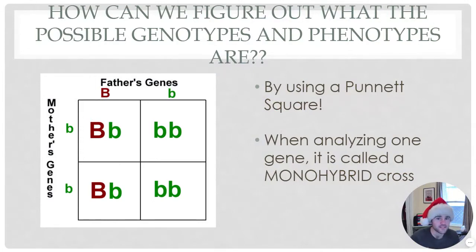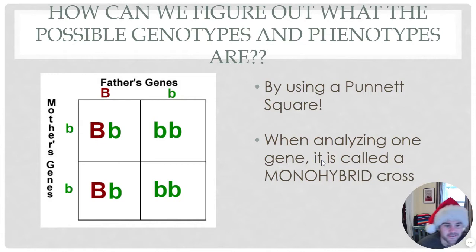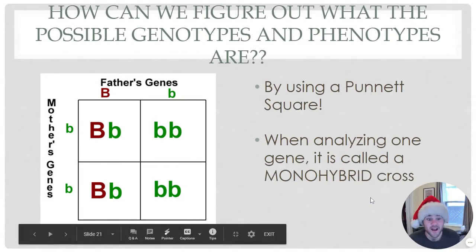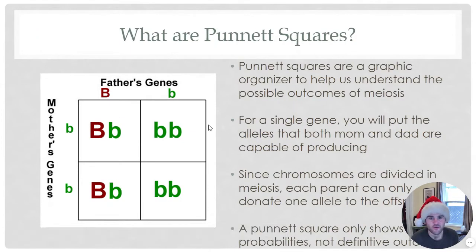So how do we figure out what possible genotypes and phenotypes there could be? By using a Punnett square. And when we're analyzing a single gene like this, we're going to call it a monohybrid cross. And I'm sure those of you who are thinking mono means one, yes, there's the possibility for dihybrids or trihybrids or pentahybrids if we really wanted to go so wild. And basically, how it works is it's just a little graphic organizer that's going to let us predict the outcomes of meiosis. And then what could be the outcomes of those mixing of genes through random fertilization.